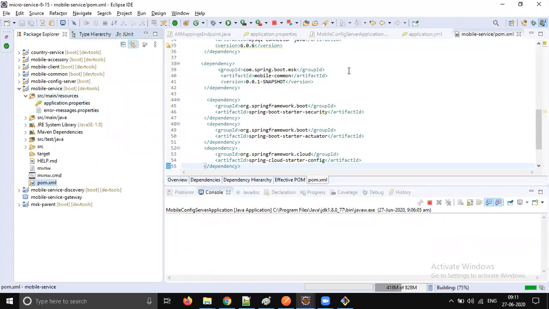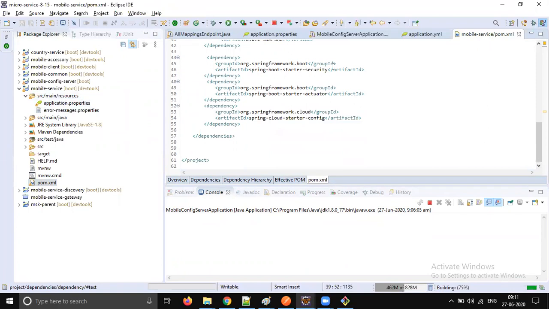Okay, so there is one small thing which is new to us. Till now we are using application.properties, but whenever we are working with the config server, application.properties is not suitable to load details from the config server.